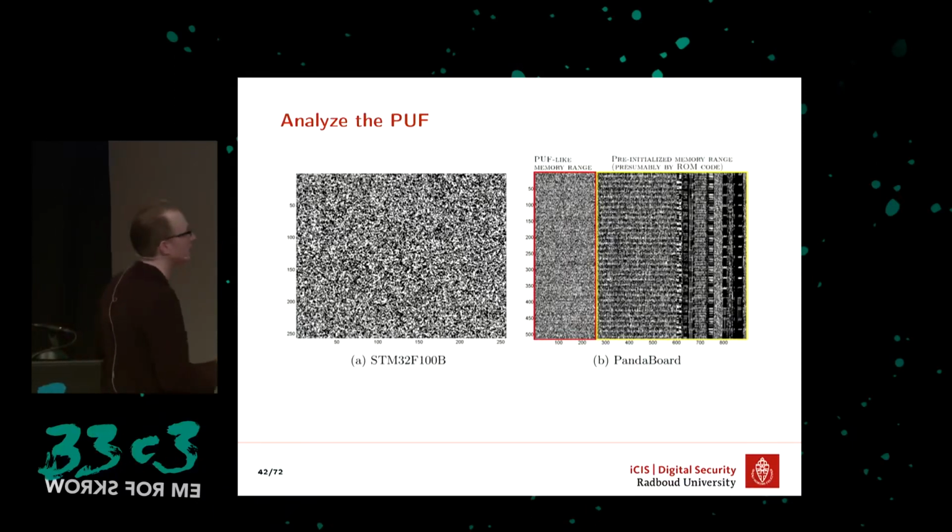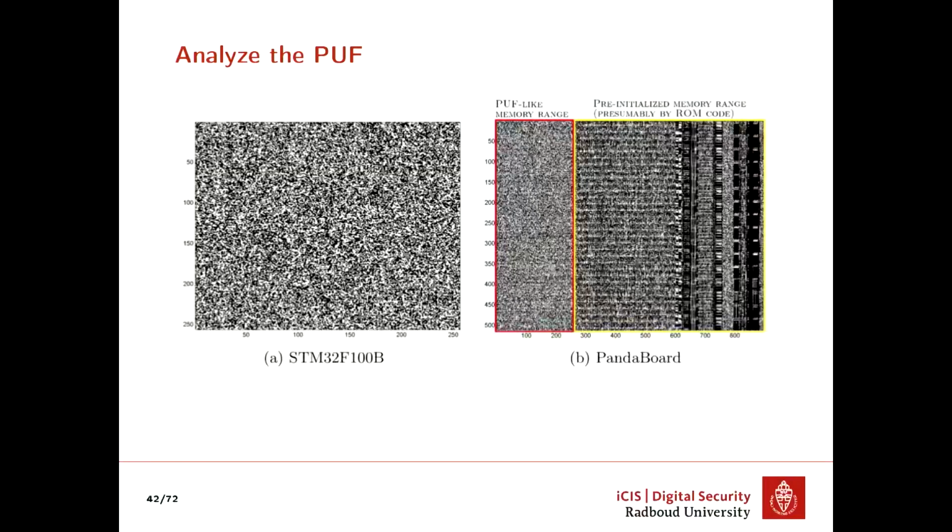This is a Panda board, which is pretty much like a mobile phone, actually. So what you want to see is this, white noise. This part is a PUF-like memory range. This part is probably spoiled by the bootloader or something like that, or the ROM code. But this you can use. This looks good. So once you have such a white noise area, you start measuring a lot of times, and